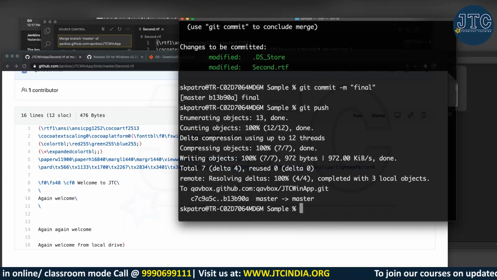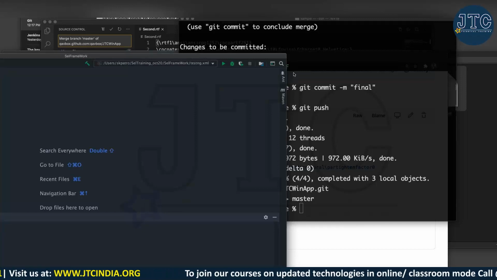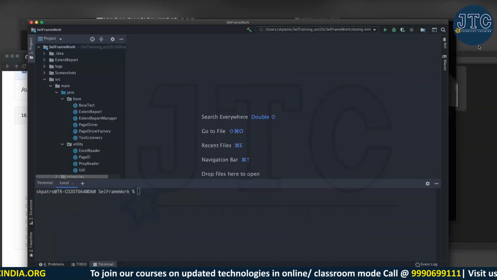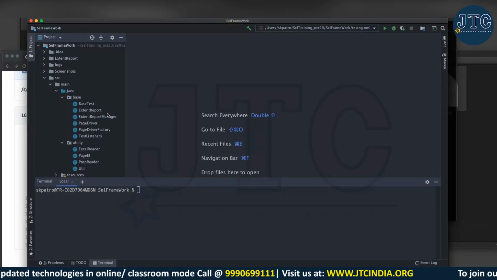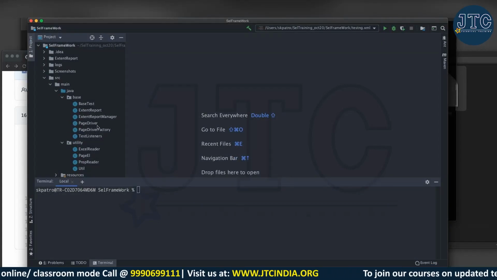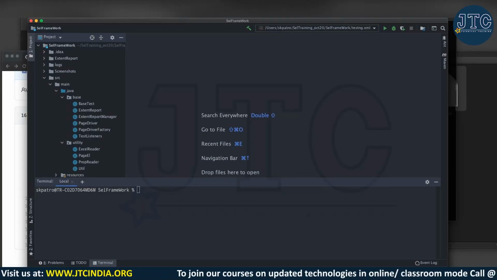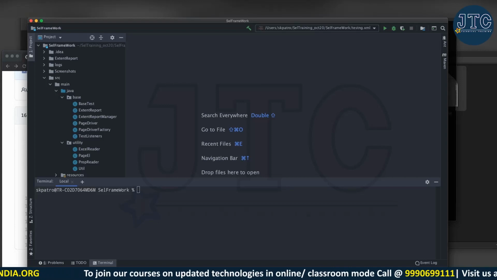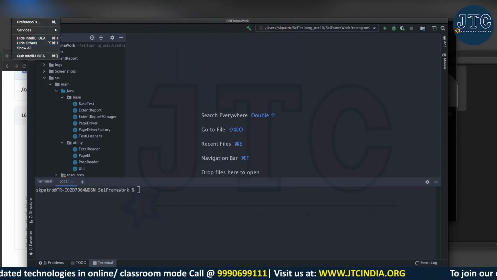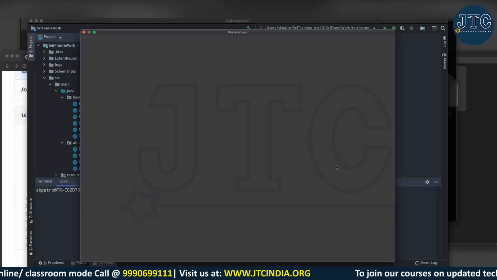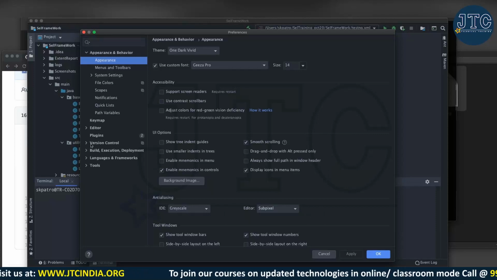So let me quickly show Git in IntelliJ. I have shown Visual Studio Code already. This is my IntelliJ actually. Don't worry about this code structure, just think of it as a normal project folder. If you go to this VCS menu, let me see if we have some extensions. Go to the preferences. If you are on Windows, go to the settings, and you will see some plugins.